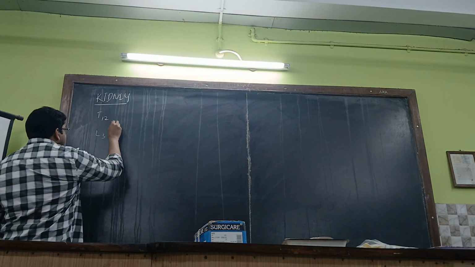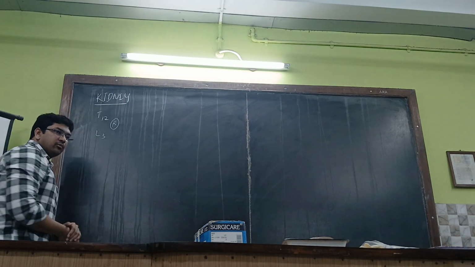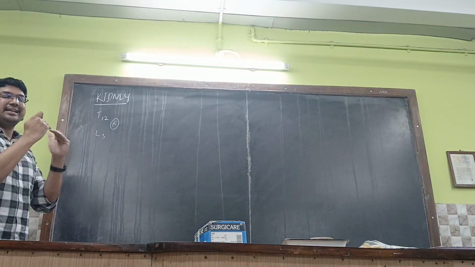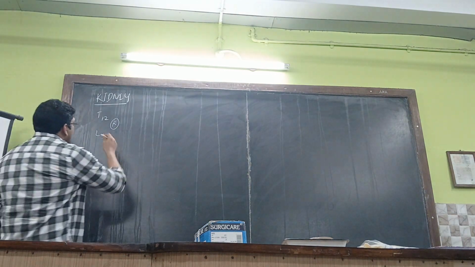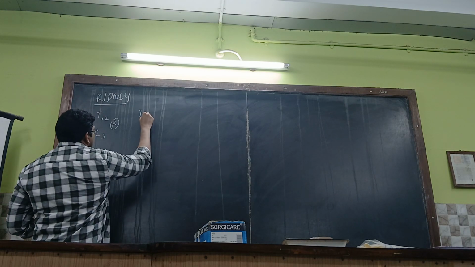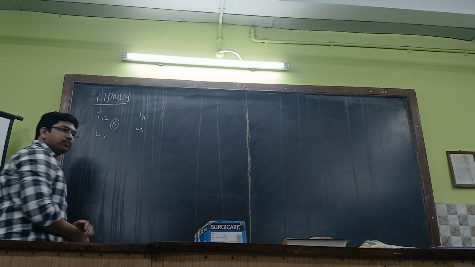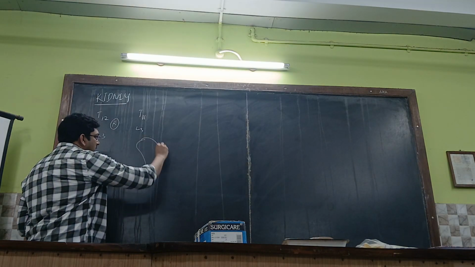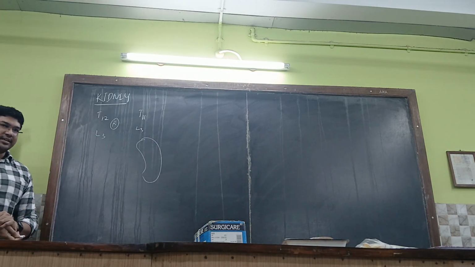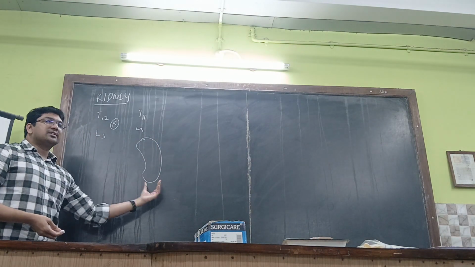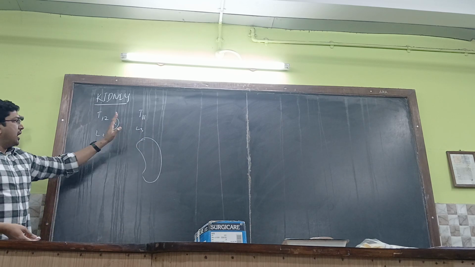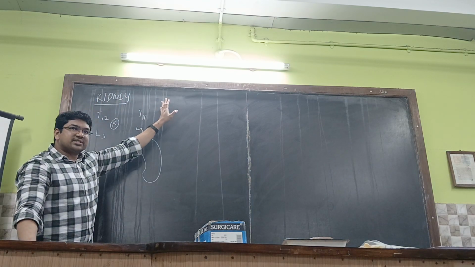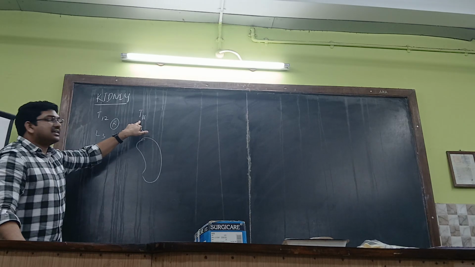This is for the right kidney, because there is a liver which pushes the kidney downwards over here. But towards the left side, we may extend up to T11. Okay, T11 to L3. Why? Because the left kidney is a bit longer compared to the right kidney. Getting it? Narrower and longer than the right kidney is the left kidney. And one more thing, there is no liver on the left side, so it will be extending till the T11